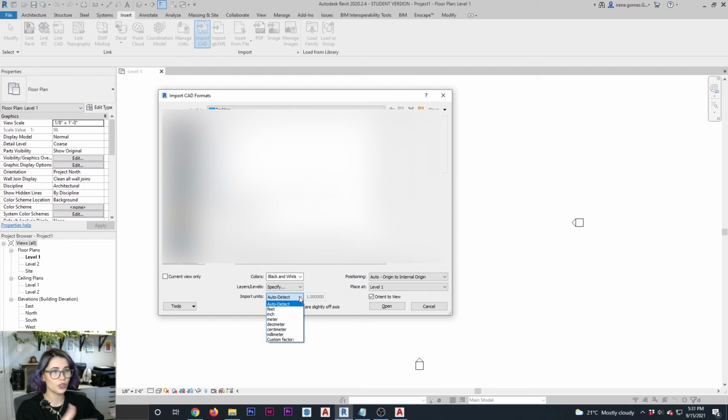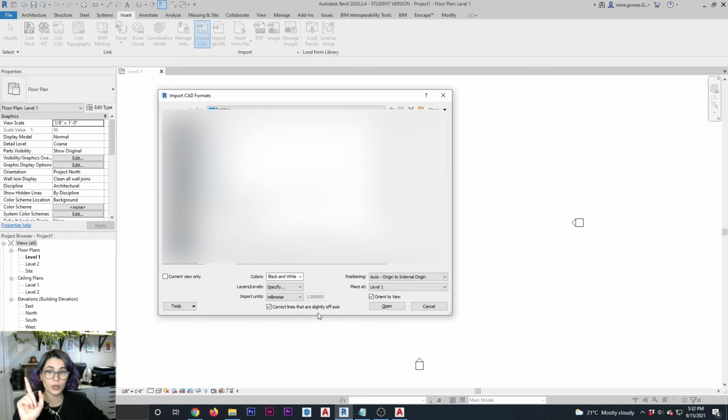So for example, if my Revit file right now is in Imperial and my AutoCAD file is in millimeters, the unit that I'm going to set up here is millimeters. Revit doesn't need to know what unit it is set up to. It already does. So what you're going to be doing here is set up what unit the original file that you're bringing in is set up to. So in that case, here we would be talking about millimeters.